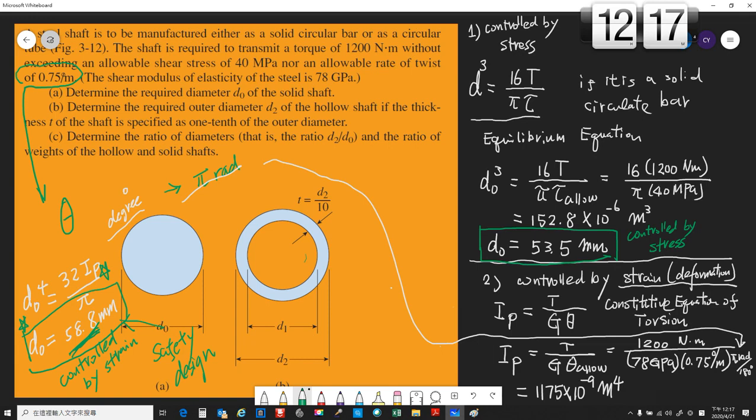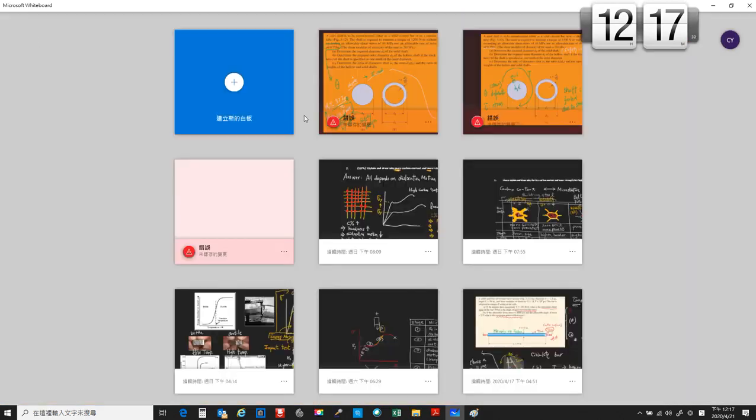In the second question, we try to know about the hollow tube, to check the safety of the tube. So I think it's almost a similar way to do. It's always the same. So let's have a new